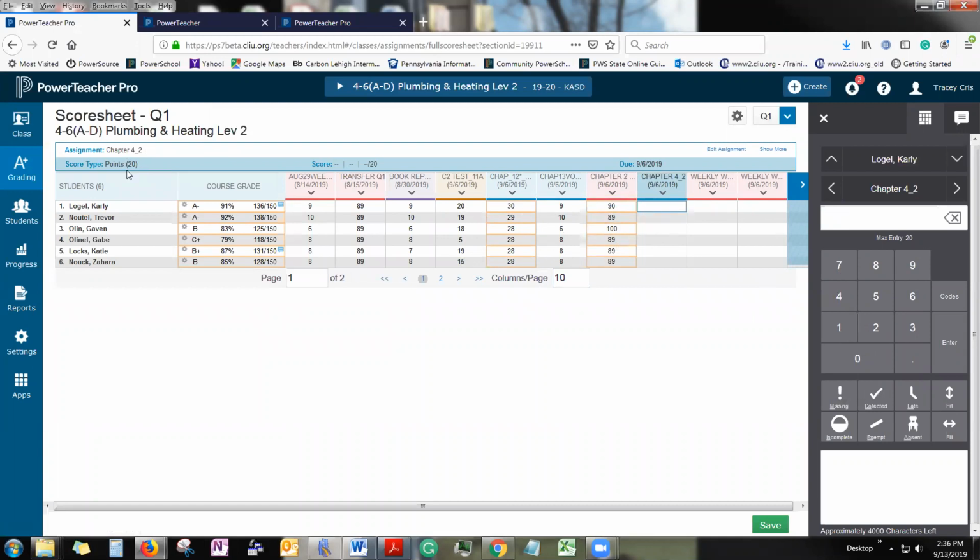So let me see if I have one more. It's 20, and this one should be out of 20. So again, I'm clicking on the assignment title, and I choose copy, and I click there again, and I choose paste, and it fills it in. And again, I can make any necessary changes. Once you choose save,